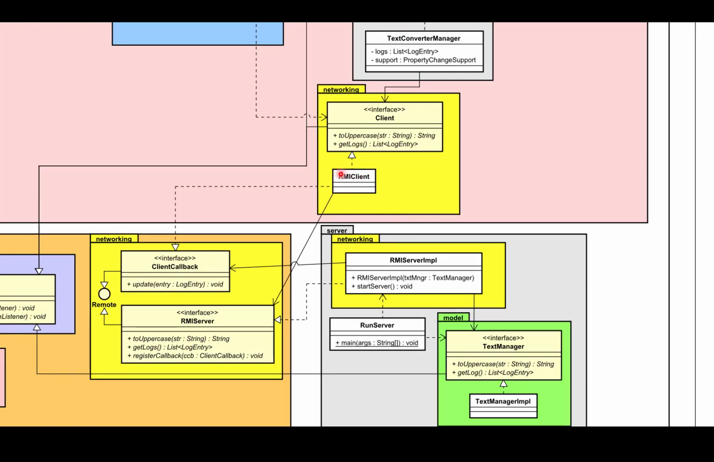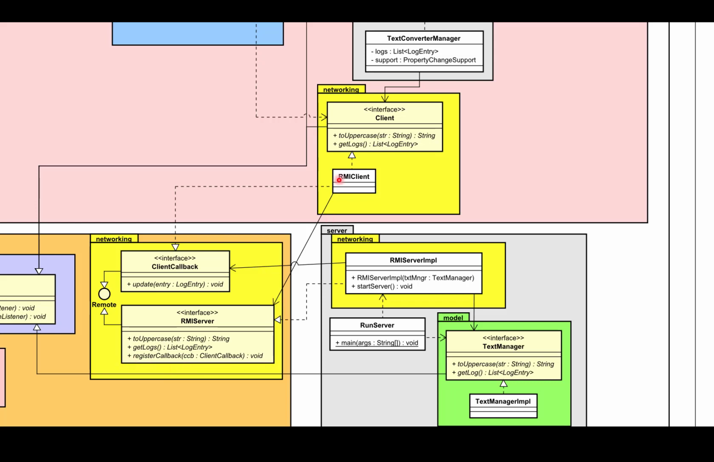So I do have a new client class, RMI client. You will see that the interface is identical to the one from before. So my model still just knows about that interface. I have an RMI server implementation, and then I have a new package in the shared where I have the interfaces. So the RMI server interface provides, or